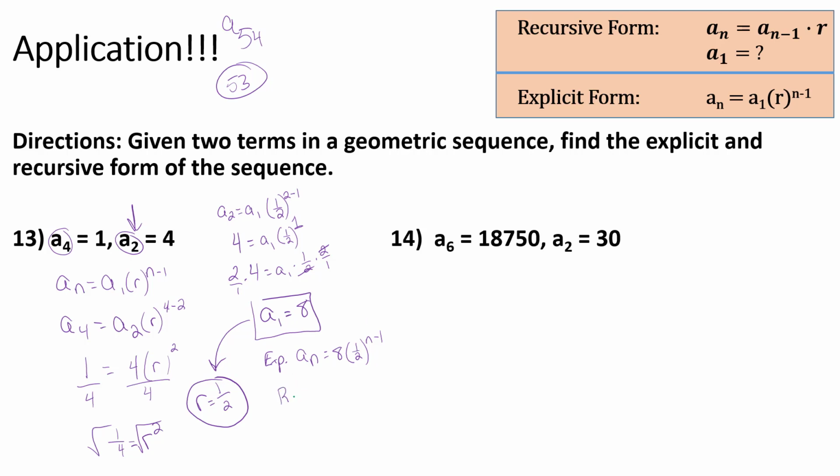My recursive form, a sub 1 is equal to 8, where a sub n is equal to a sub n minus 1 times 1/2. Again, I'll let you apply that to question 14. We're going to do more